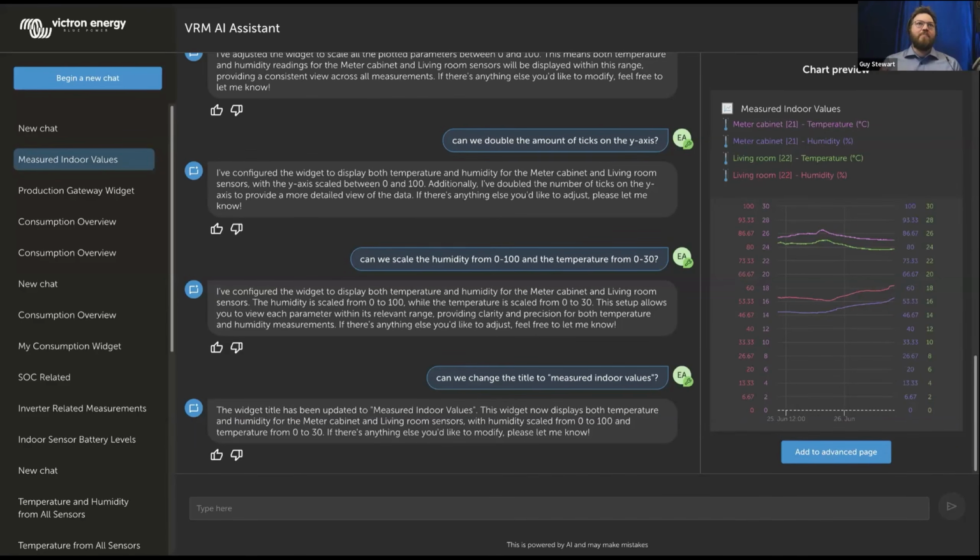But what's going to happen is as these tools get more and more powerful, such as things like back and forth conversation, then yeah, it's not anything Victron really has to do except turn it on, and it's part of the tool set, and then it can tap into that system.